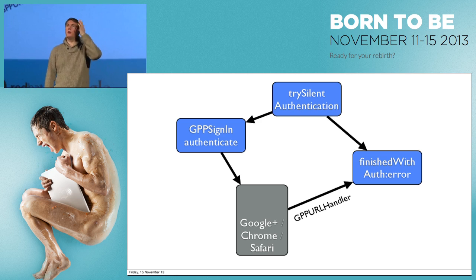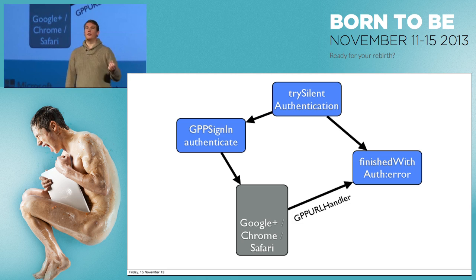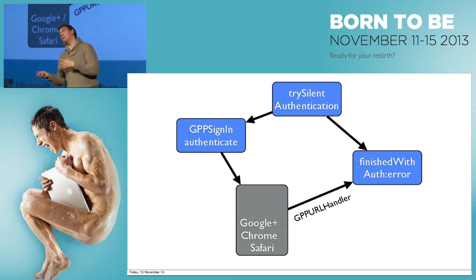And to do that, we take them out to the Google Plus app, or we take them out to Chrome, or we take them out to Safari. And we do it in that order, so we prefer it in that way. And as far as possible, we want to go to somewhere where the user is already signed in. We want them actually entering their Google username and password to be the worst case, the least likely case. And that's pretty much how it works out.